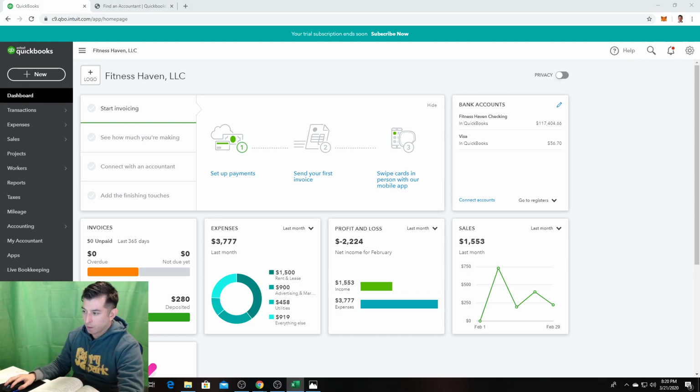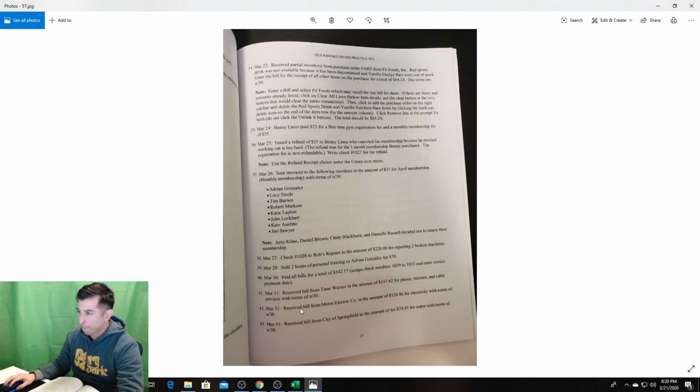Okay. Let's see the next transaction. Transaction number 37. March 26th. Sent invoices to the following members in the amount of $35 for April membership, monthly membership with terms net 30. Okay. Have I made notes regarding invoices already? Hopefully I did, so I don't have to do this. Yep, I did. So perfect. So I just have to do